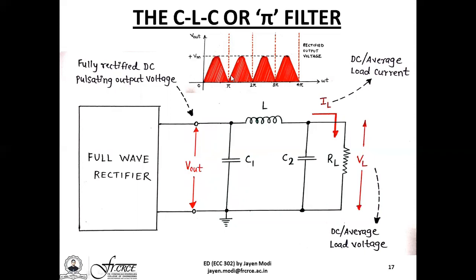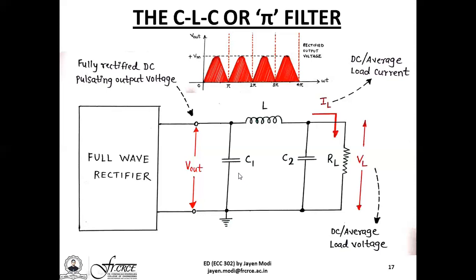Once again, this voltage, although belonging to the first quadrant, is not stable, neither is it of the form of a straight line. It is undergoing zero value at the origin, at 2 pi, 3 pi, 4 pi, etc. So this cannot be said to be a stable or a continuous voltage, but on the other hand, this voltage has an AC component and it has a DC component too.